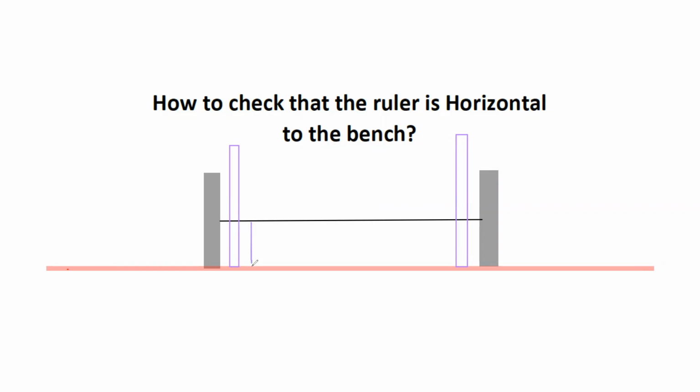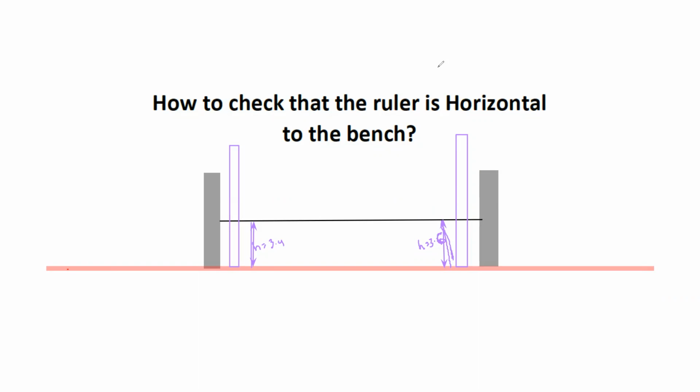For example, this height was 3.4, and this vertical height basically is 3.4. So if on both sides the vertical height is the same, we can say that this object, this wire, is exactly horizontal. But what if the heights were not the same? Like on one side the height was say 3.4, but on the other side it was 3.6. So this shows that one side is slightly higher than the other, so this object is not exactly horizontal.